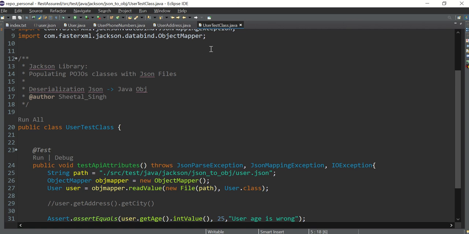Fine, friends. So next, we will see how to write a JSON. If you have, let's say, some Java objects, some values, and you want to create a JSON file, then how to do that. Next chapter, we will go through that. And after that, we'll see how to read the dynamic JSON.